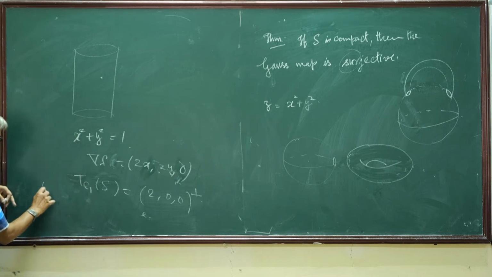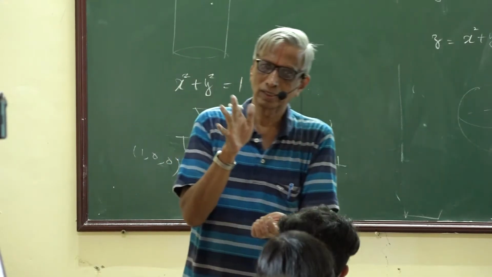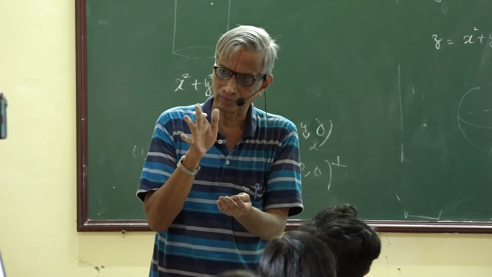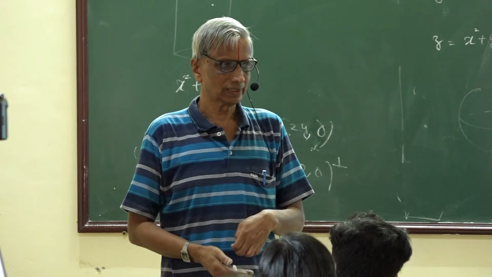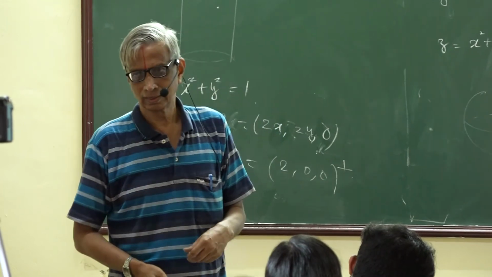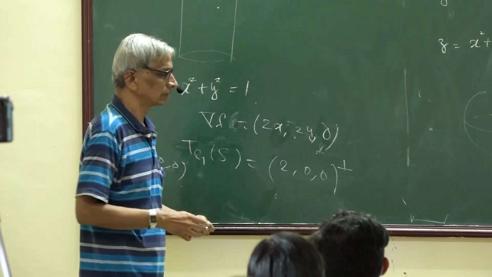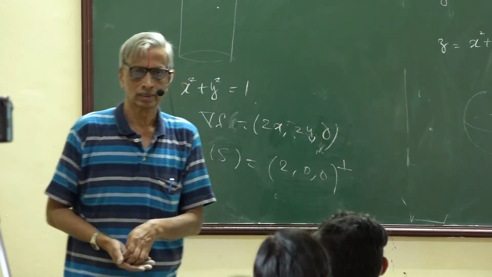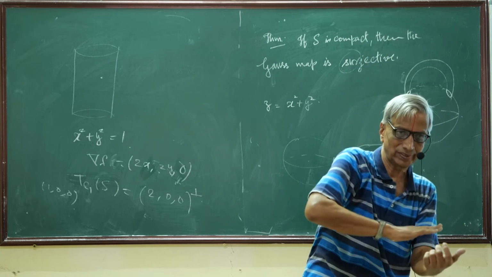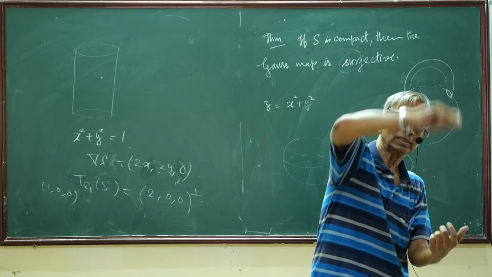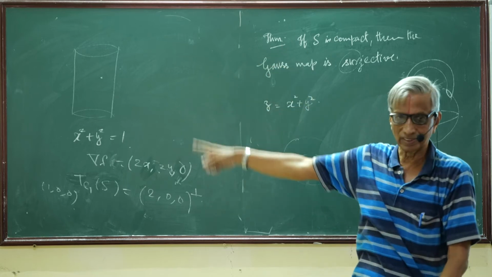So this is the point 1, 0, 0. What are the points of contact of this YZ plane and the cylinder? The plane is going to touch the cylinder along a line, along a generator, so to say,